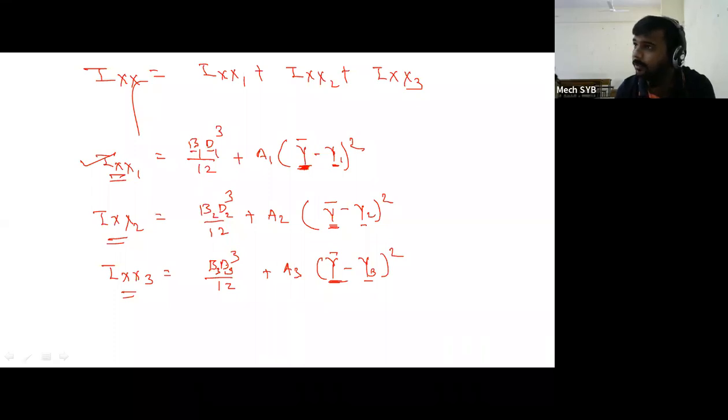Will be taken from bottom reference line shown in above figure. Full stop. Next line. While calculating Ixx1, comma Ixx2 and Ixx3,